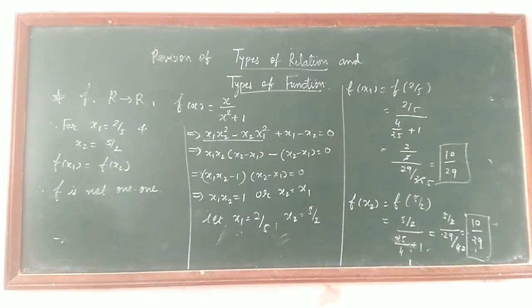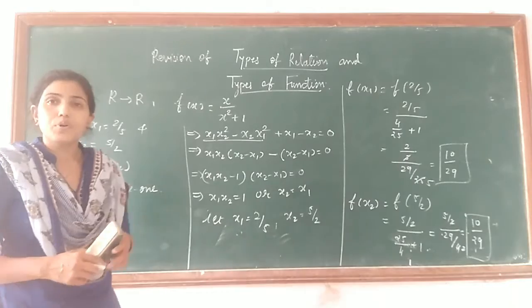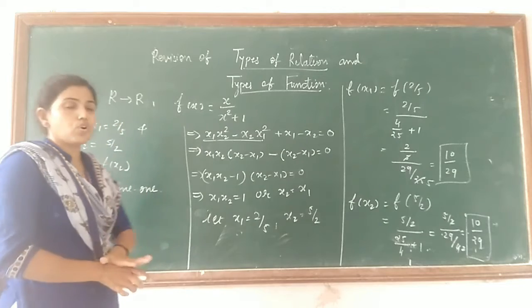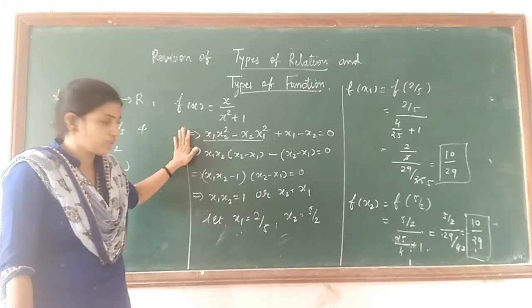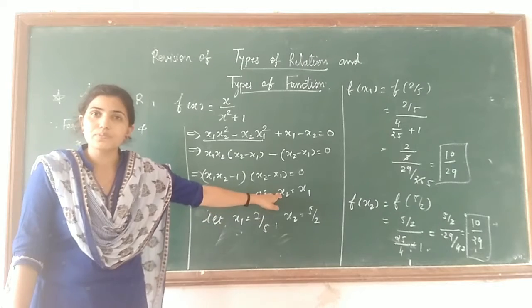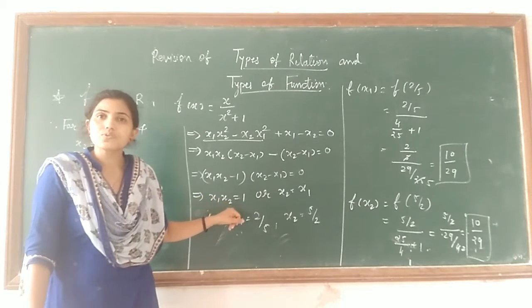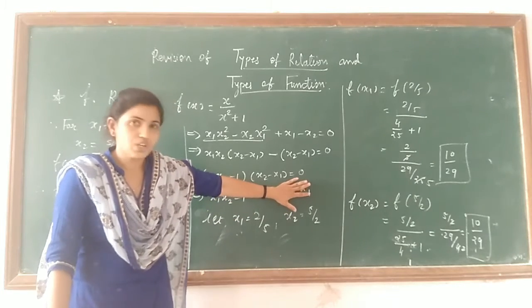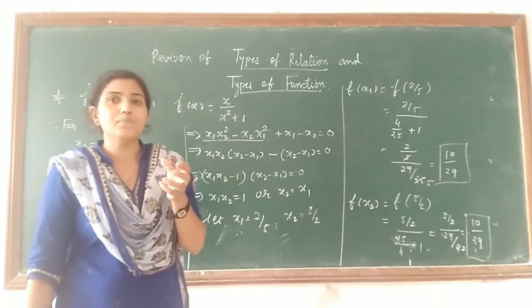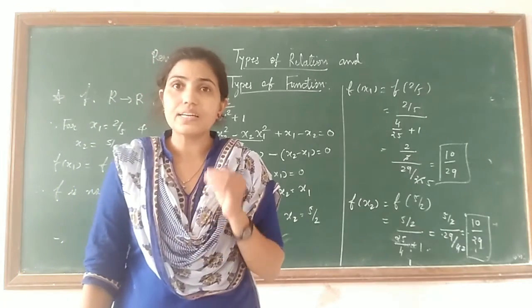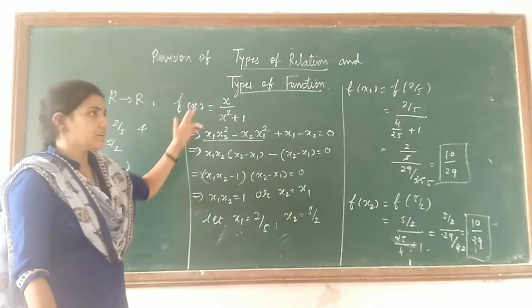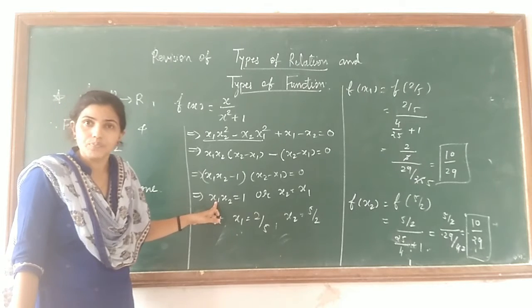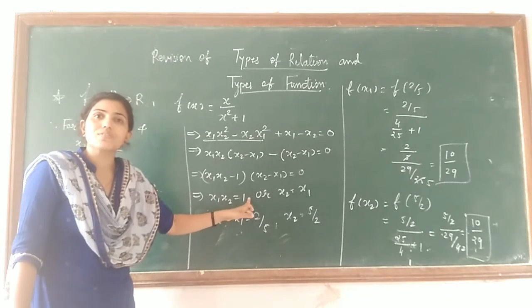So now you understood, student, how to find it. This is our one-one, because this is not a function where we can directly consider any values. So that's why we first solved, taking the definition of the one-one function and finding that there are two possibilities: first, x1 into x2 is equal to 1, or x2 is equal to x1. In this function, if x2 equals x1, there are some elements we get for which the one-one condition is satisfied. But there are so many elements in R such that it will not satisfy the property of one-one, as there are x1 into x2 equal to 1.